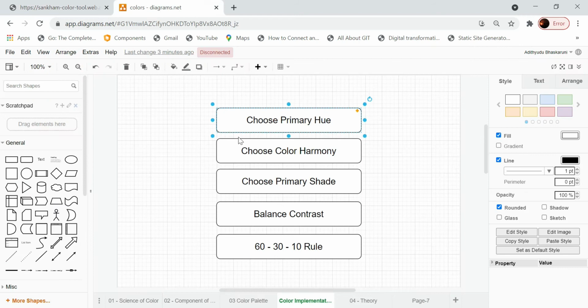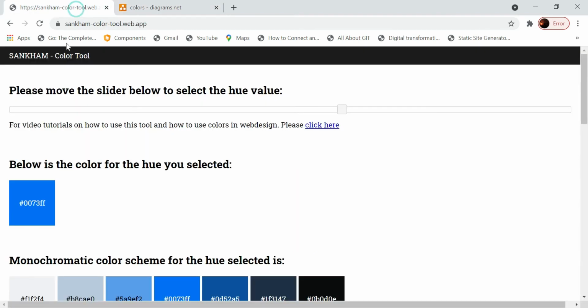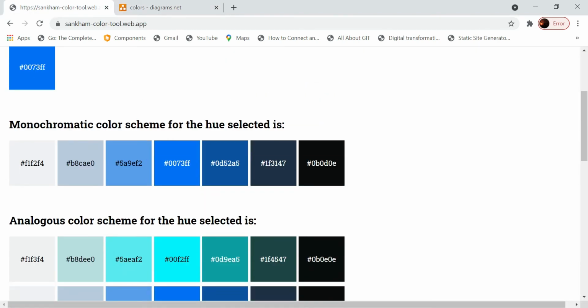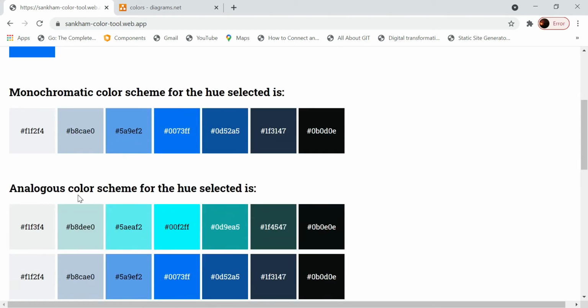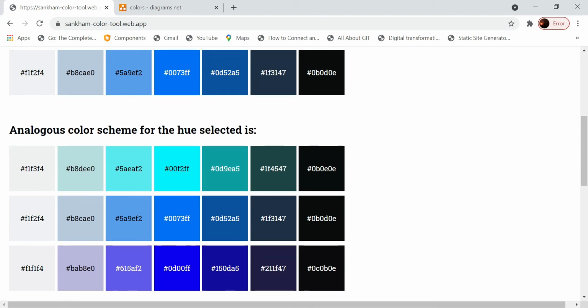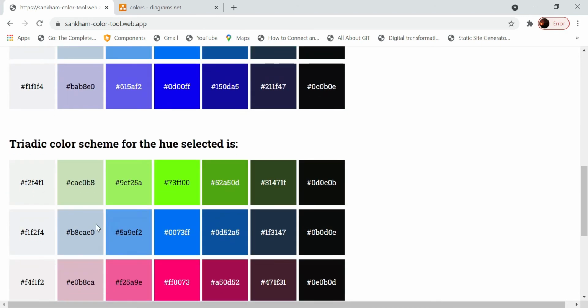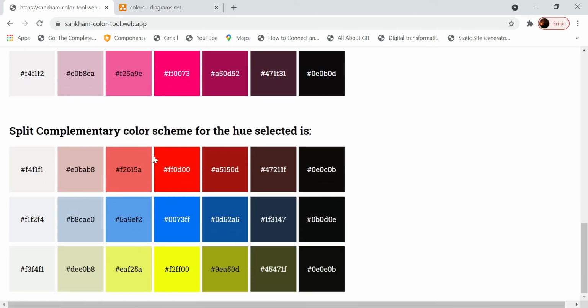Okay, so then what is the next step? I need to choose the color harmony. So here I have given four harmonies. One is monochromatic, a single color as I explained, and analogous. Harmony is just like what are the other colors which you can use safely along with this color. We have discussed this in our previous lectures, so I am not repeating myself. These are the color schemes which it will show, and it will give you the different colors and also the shades according to the logic which we have discussed in our previous classes.